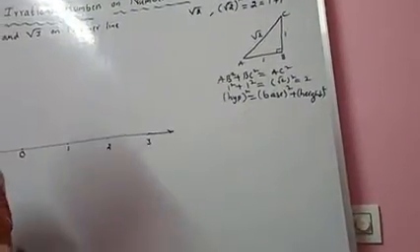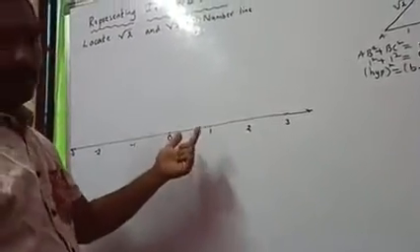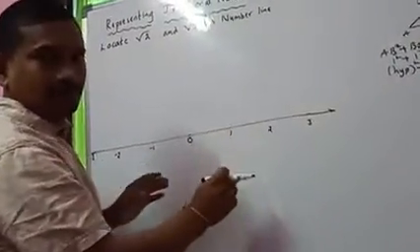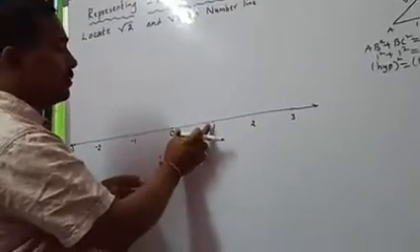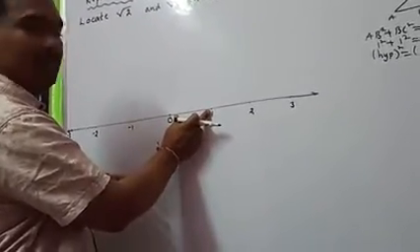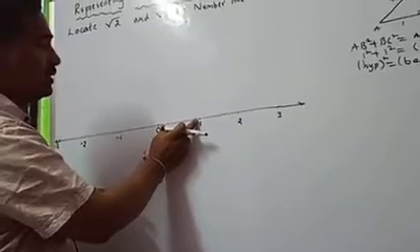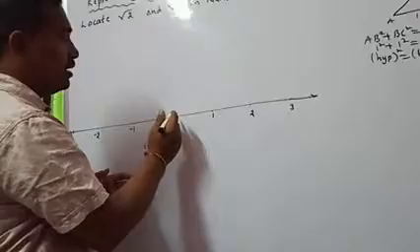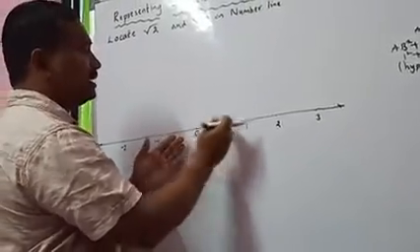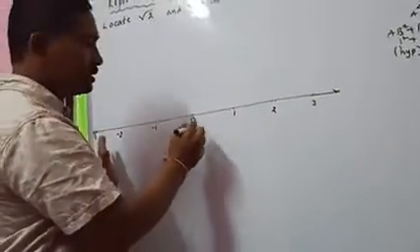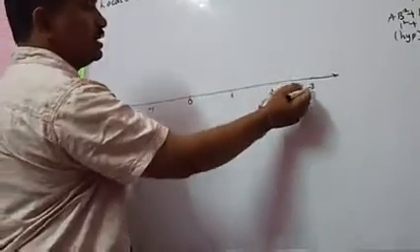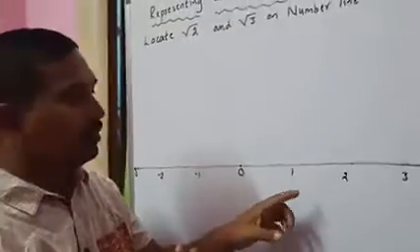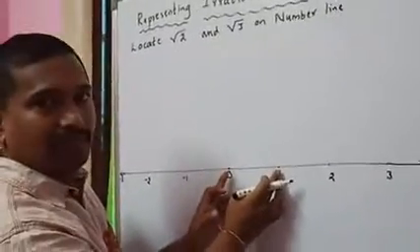Let us see now. First take this number line. Mark the dots with the same distance between every two dots. The distance between every pair of dots should be the same. Represent 0 at any point, with positive numbers on the right side and negative numbers on the left side. To the right of 0 are 1, 2, 3, 4, each with 1 unit length. Now take this as 1 unit.